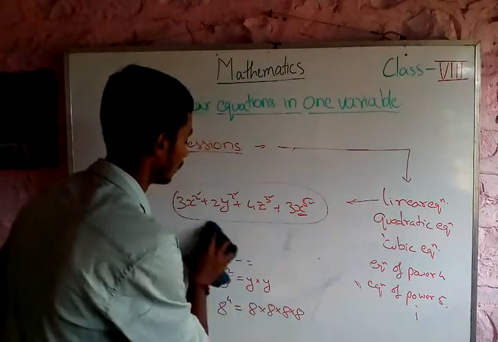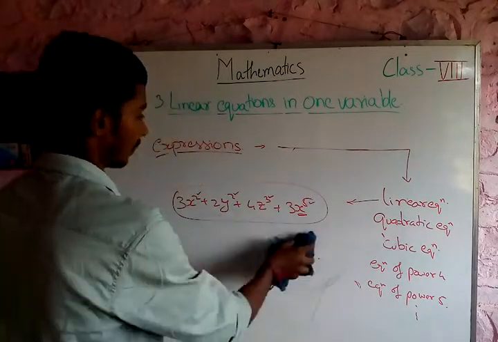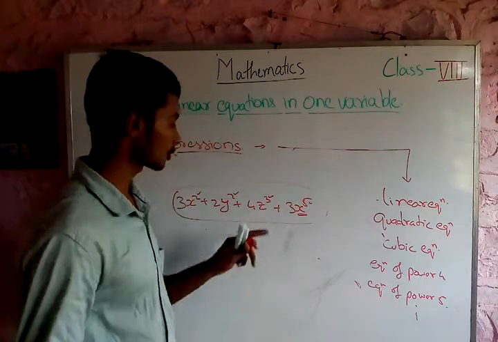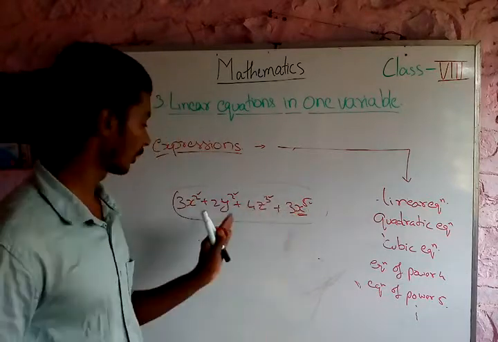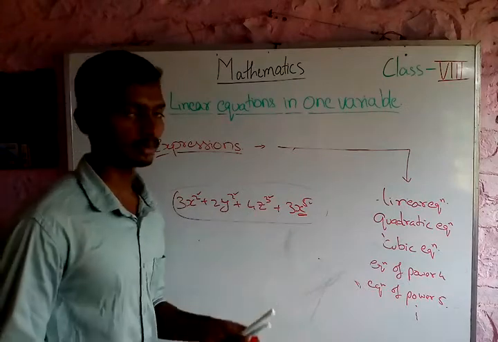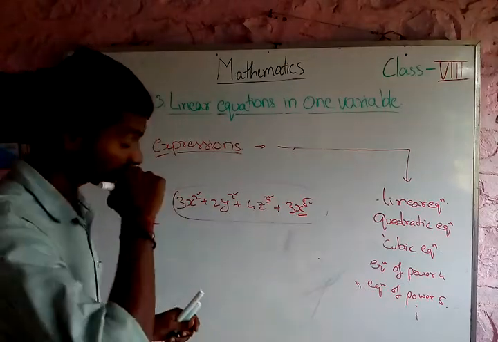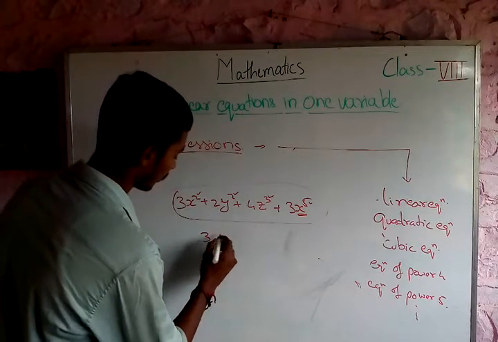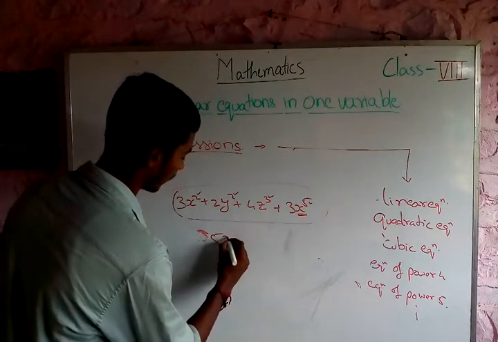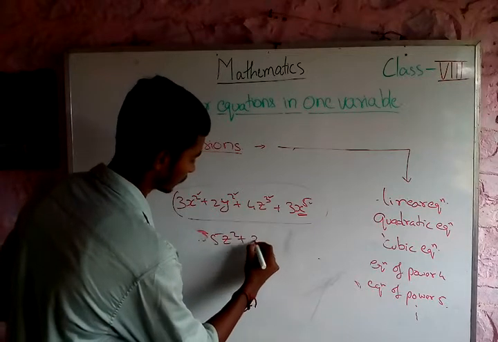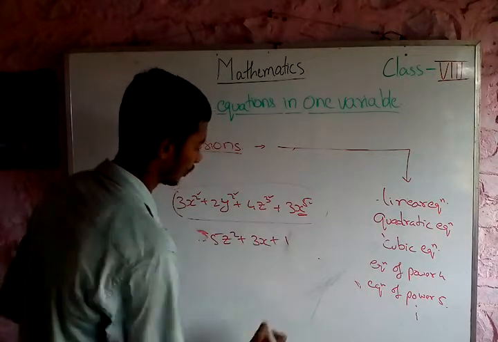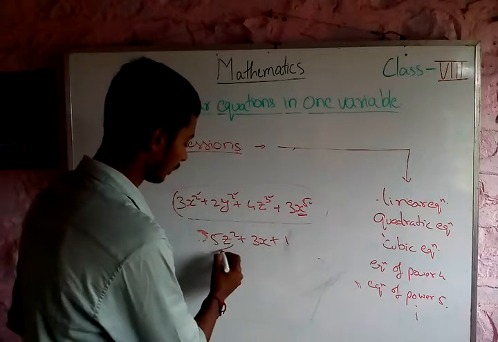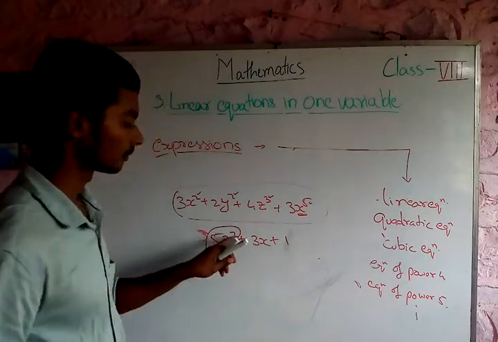Now see here, this is one example of expression. In this case you have powers more than 1, that is, you have either power 2 or 3, something like that. Okay, you have powers more than 1. If I take some other example like 5z square plus 3x plus 1 of this kind, now see, in this also there is one term with power more than 1.